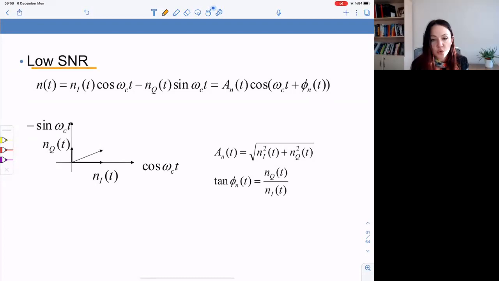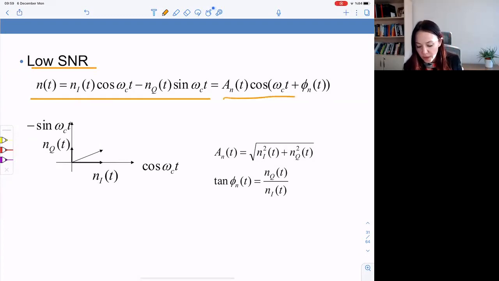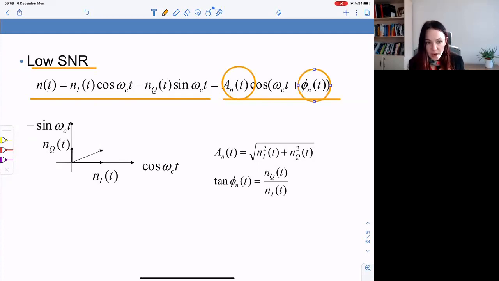Okay. Now let's consider the low SNR case. Let's see what's going to go wrong in the low SNR case. Again, we can express our bandpass noise as before. And we can think about it in terms of its time varying amplitude and the time varying phase. Okay. Now, we can think about the cosine and the negative sine as two dimensions,